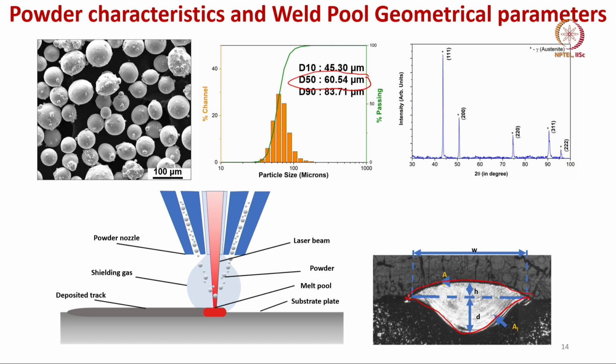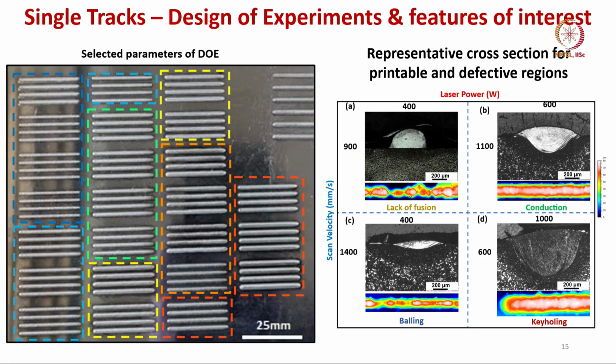So, there are 3 different parameters you can see. One is D, the melt pool depth, H is the height of the weld pool, and W is the width of the weld pool. In the DED technique, which is relatively less investigated or less explored than SLM or SLS, we were initially interested to see how to develop the process map for that, and therefore, we have done some